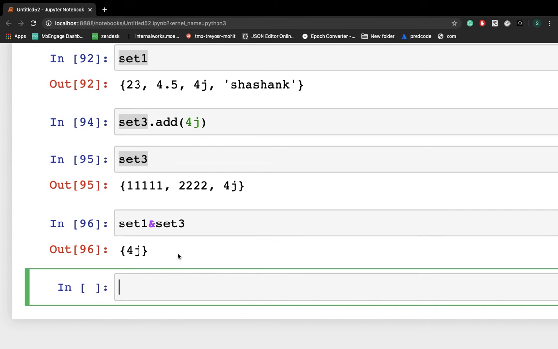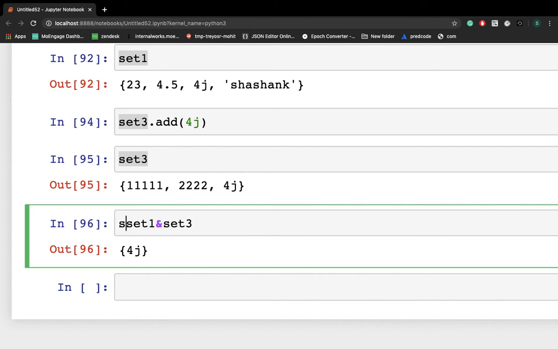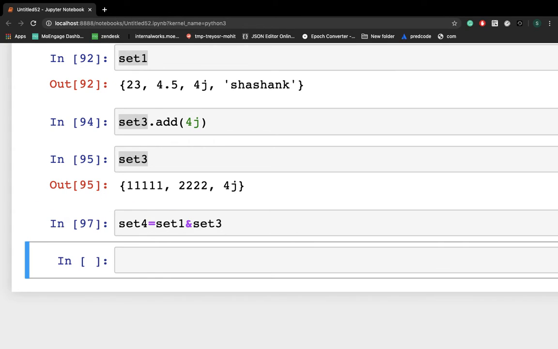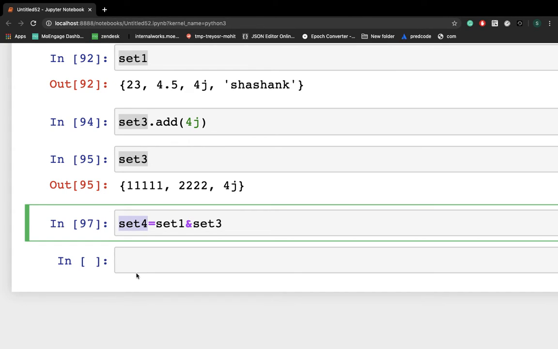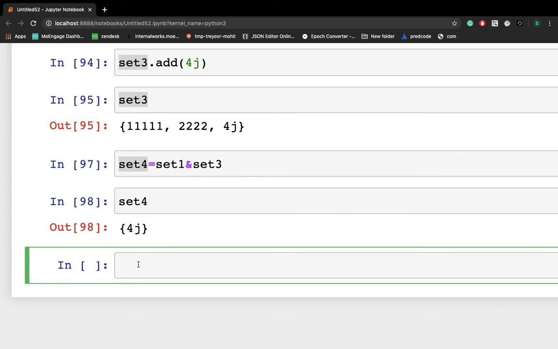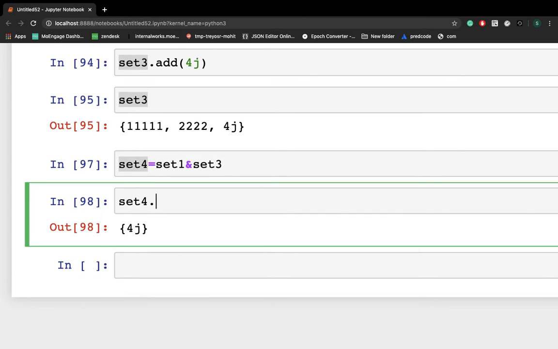Now the second way is, let's say I'm storing this in set 4, right, equals. So in set 4, 4j is there, right? I'm adding one more thing.